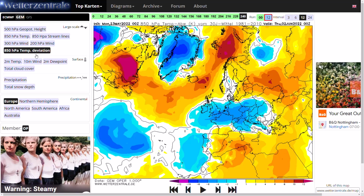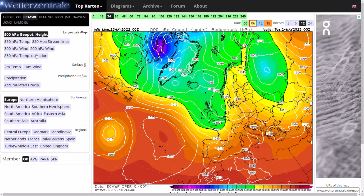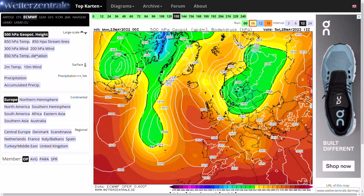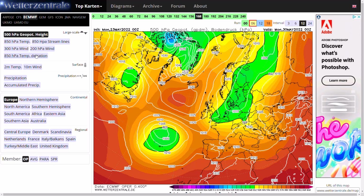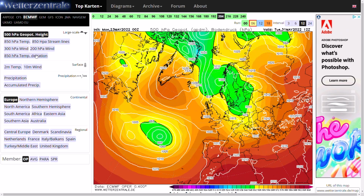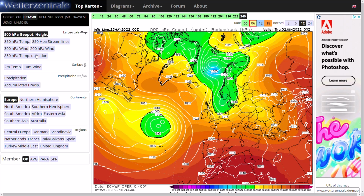So we do now have a look at the ECMWF, see how that does compare. Again, westerly winds over the next couple of days, high pressure building in, and we do see that north to northeasterly flow. Proper wintry chart here, but as I said, not giving anything too cold. Generally below average, and you can see right to the end of the run, actually getting pretty chilly air masses in from the north, proper blocking up towards Greenland, and this ECMWF run would be so close to being amazing,